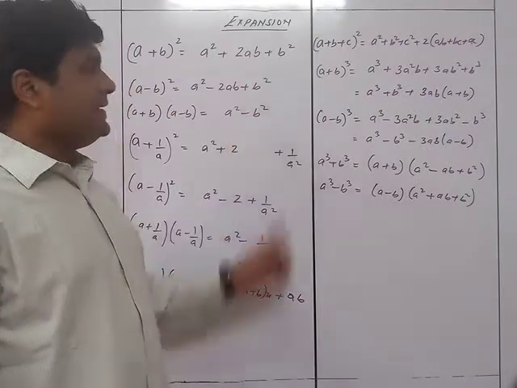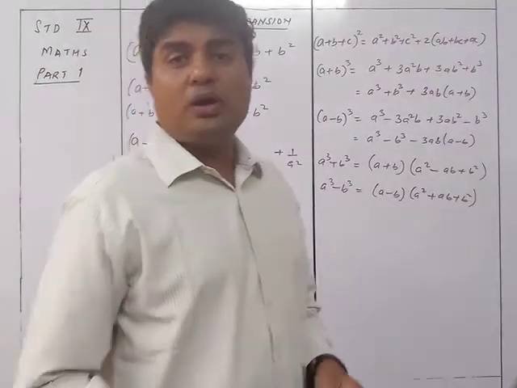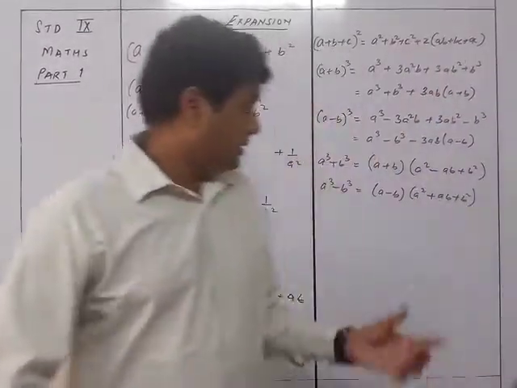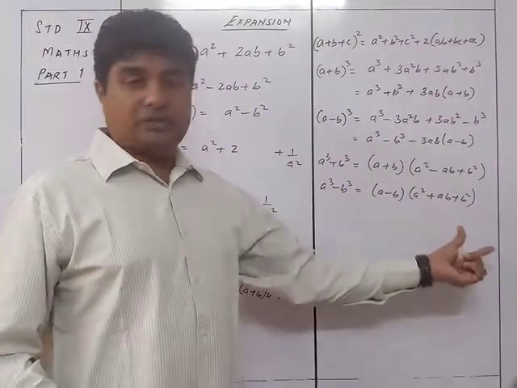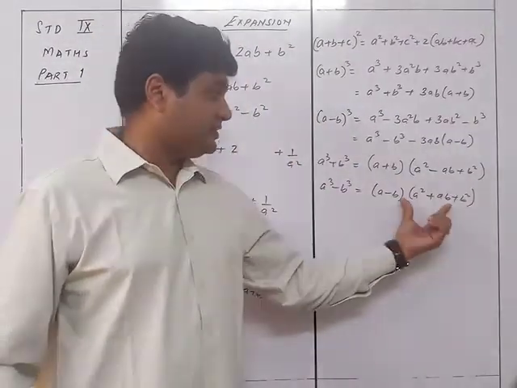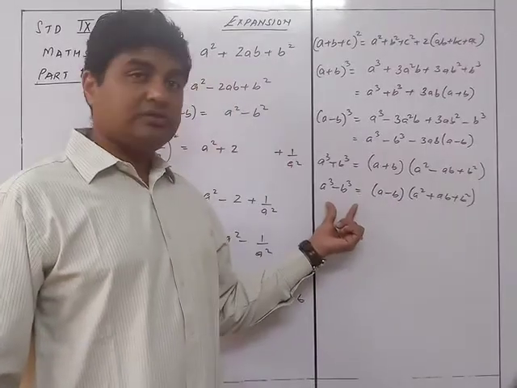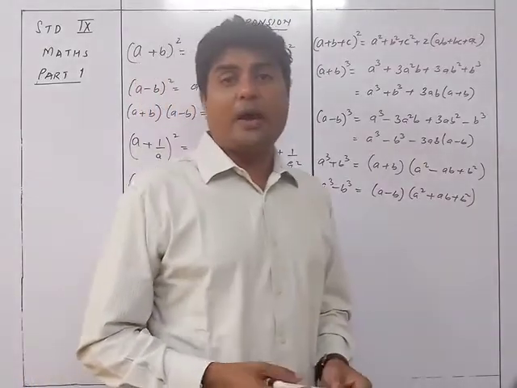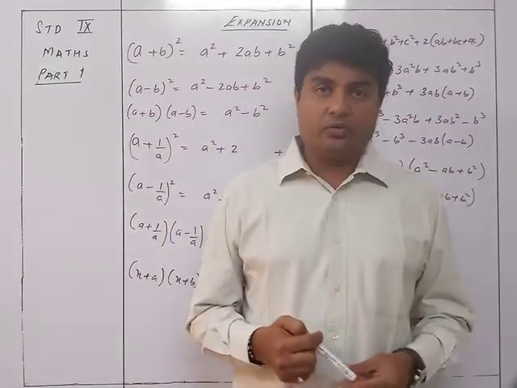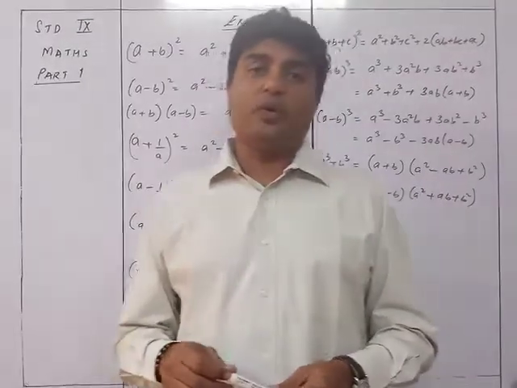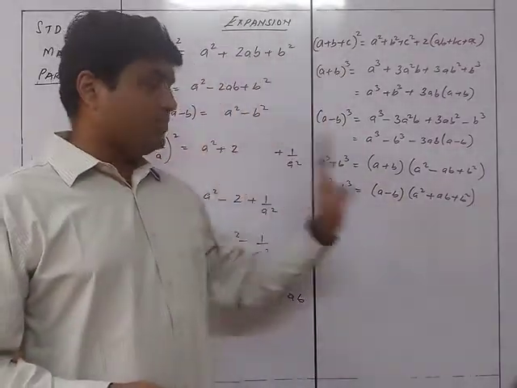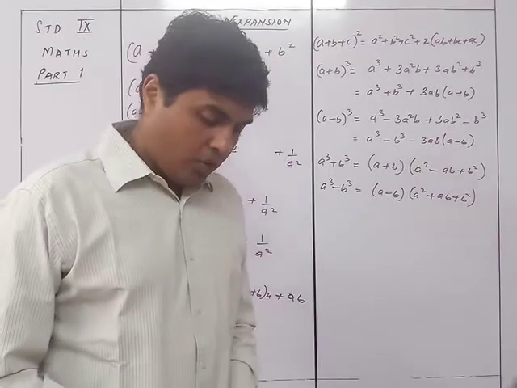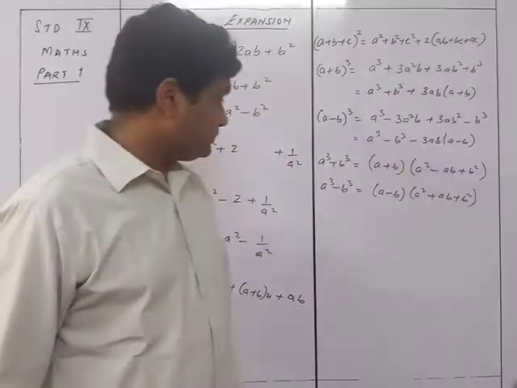Now all these you will have to learn in both directions. This is equal to this and this is equal to this. ये दोनों मालूम होना चाहिए. If this is given to you, you can convert it into this. Or if this is given to you, you can convert this into this, because the requirement for each and every sum will be different. So depending upon the sum, you are going to either use it from right to left or left to right. So that is why it is important for you to know both the sides properly.